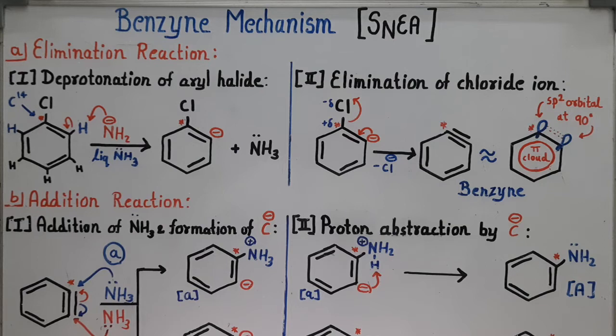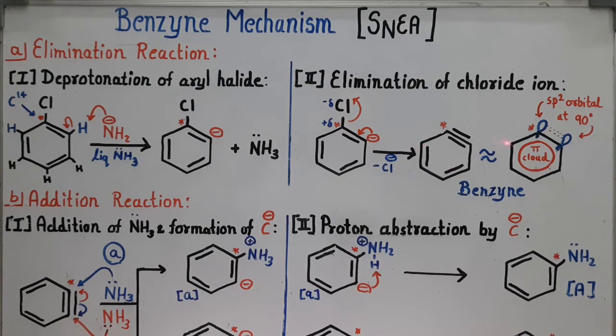So here we will get the intermediate carbanion. Here we should remember one thing, like in the previous mechanism, NH2- cannot directly attack the alpha carbon in normal circumstances because no electron withdrawing group is present on the ring. Now in step 2, elimination of the chloride ion takes place. Here, as we know that the alpha carbon has a delta positive charge, the carbanion will donate the electrons to the ring to make a new bond between the alpha and beta carbon. So the chloride ion will be removed to form the intermediate benzyne, which is highly unstable and reactive.